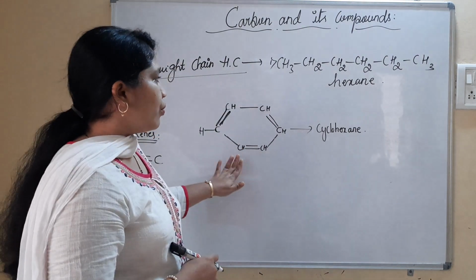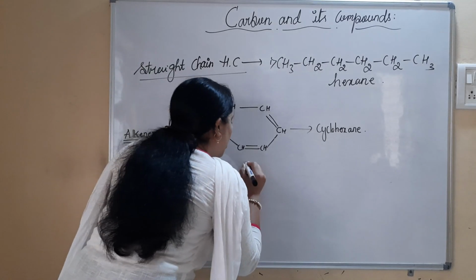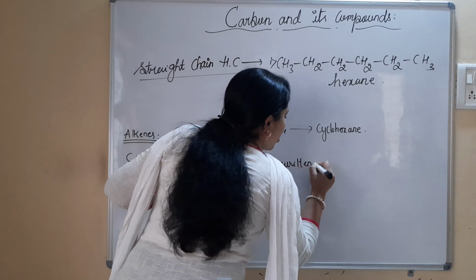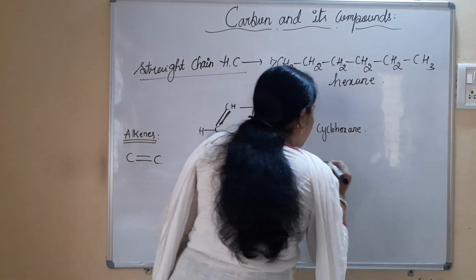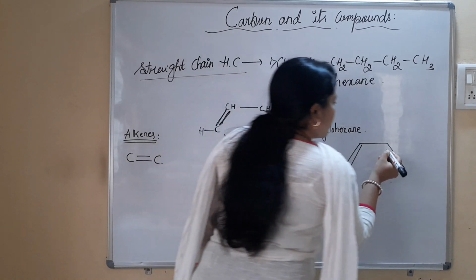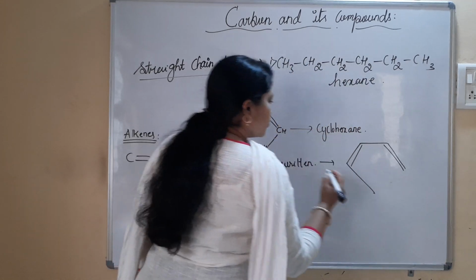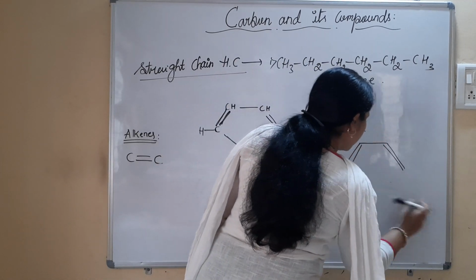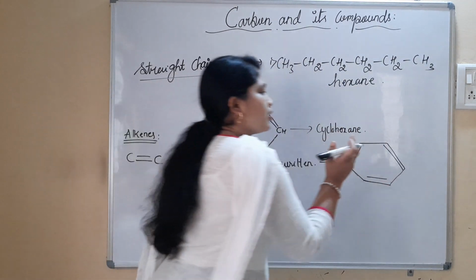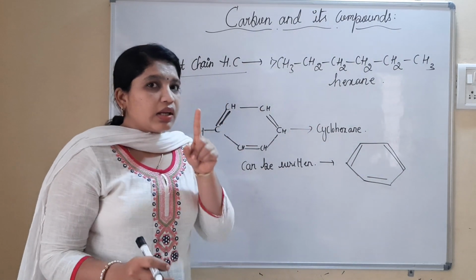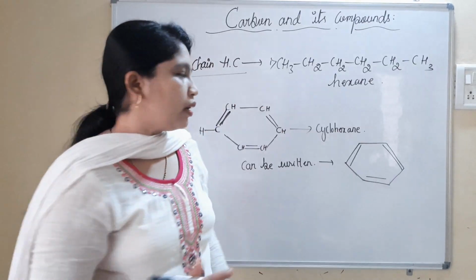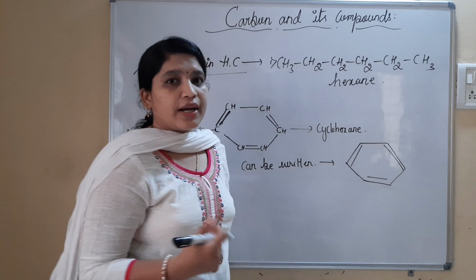Yes. Now, such a type of structure can also be written as a bond and line representation, as I have told you. See, can I write like this? This is a double bond. Here I have a single bond. Then I have a double bond. Then what do I have? Like this. This is a double bond. Here I have a double bond. And then I have a single bond. This molecule having alternating single and double bonds represents an aromatic hydrocarbon. Remember, this is called an aromatic hydrocarbon.